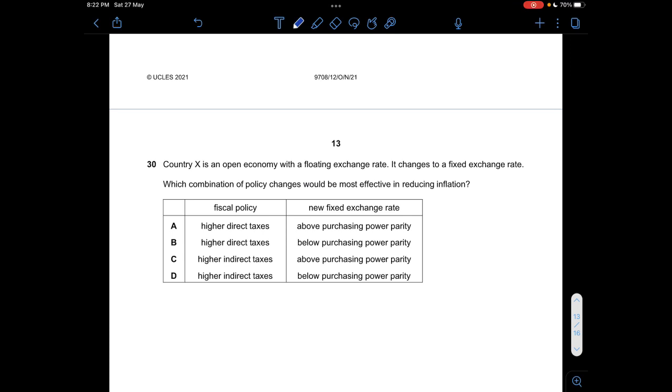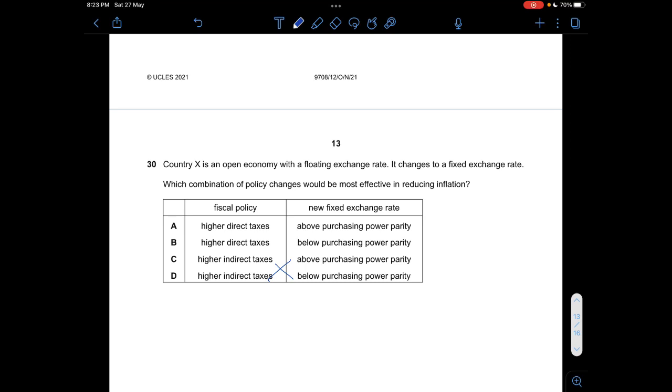So you want the taxes to be very, very high in order to reduce inflation. So you can see that for A, B, C, D, it's either a choice between high direct taxes or indirect taxes for fiscal policy. Direct taxes are actually more effective than indirect taxes because you are gaining tax revenue directly from the employees. So higher direct taxes would be better to reduce inflation. It will be more effective at actually shifting the AD curve to the left. So ACD is wrong, and then your new fixed exchange rate must be above purchasing power parity,